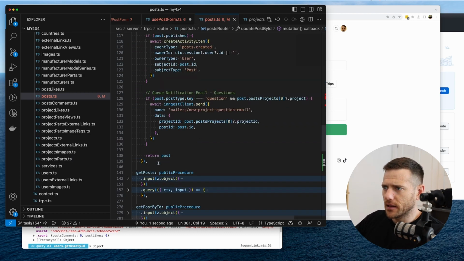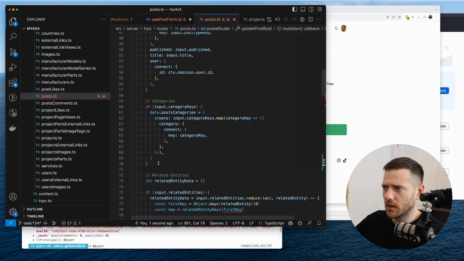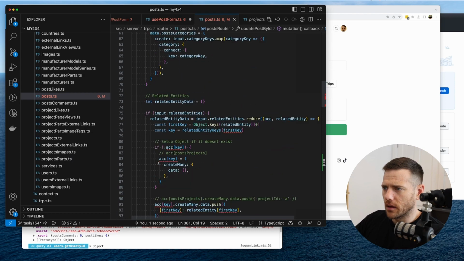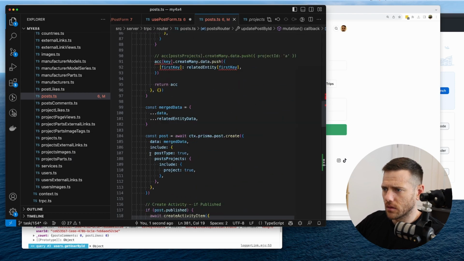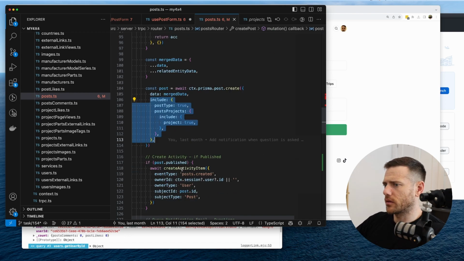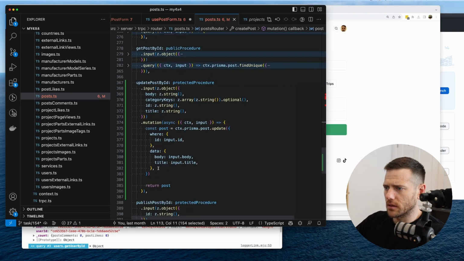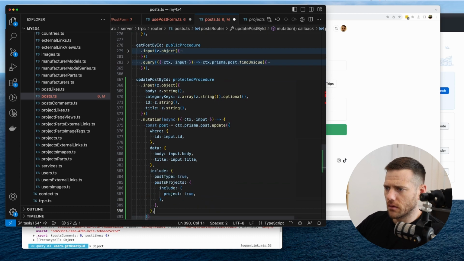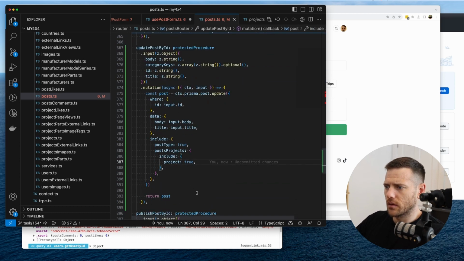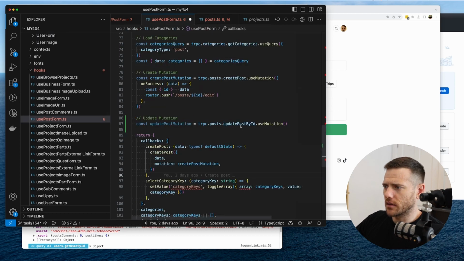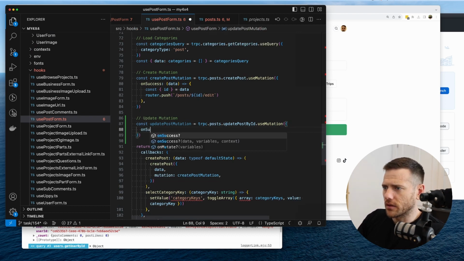Okay, and then let's just see if there's any includes we need to be doing. And then includes, here we go. So when we do this, we want the post type and the post projects. So let's just do that. So include, all right. Cool, so that's the update post by ID. Now what you should see is this is not crying anymore. So that's cool. And what we're going to do is we're going to have the on success